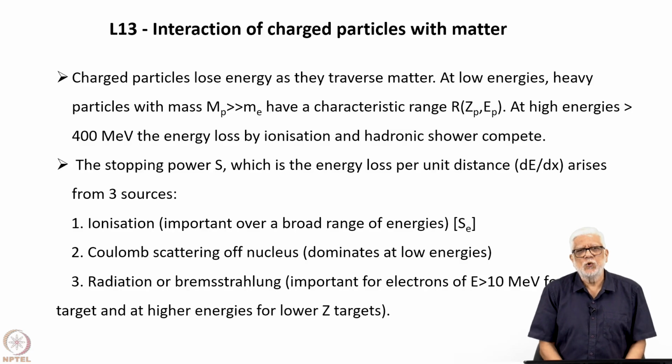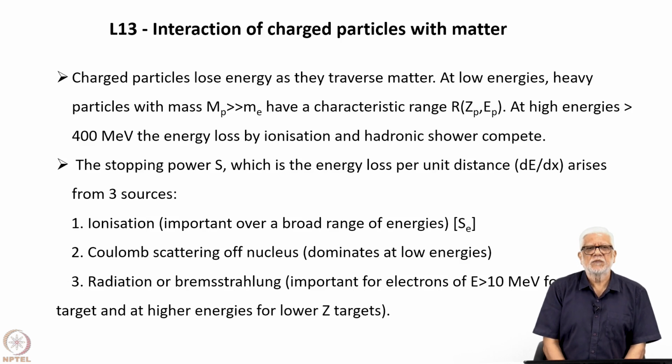So, charged particles lose their energy when they move in a material substance. At low energies, when you have heavy particles, by that I mean particles with a mass much larger than the mass of the electron, which is the lightest charged particle, that includes, for instance, the muon. We consider that to be a heavy particle in this discussion. So, these particles, at least at low energies, and we will see what that energy is, have a characteristic range. So, they keep on going